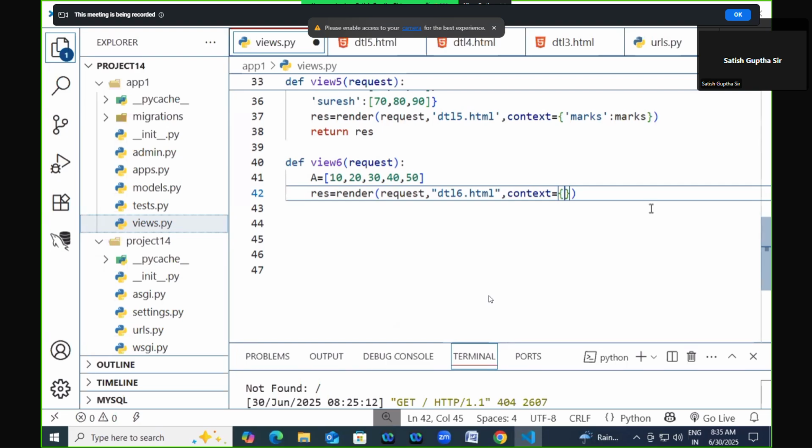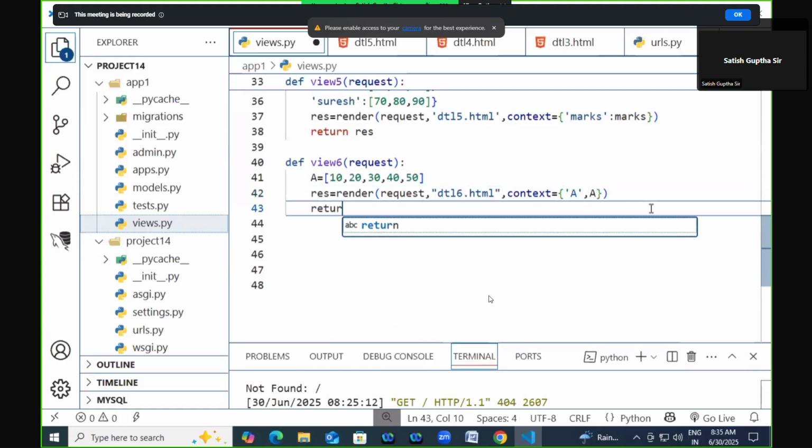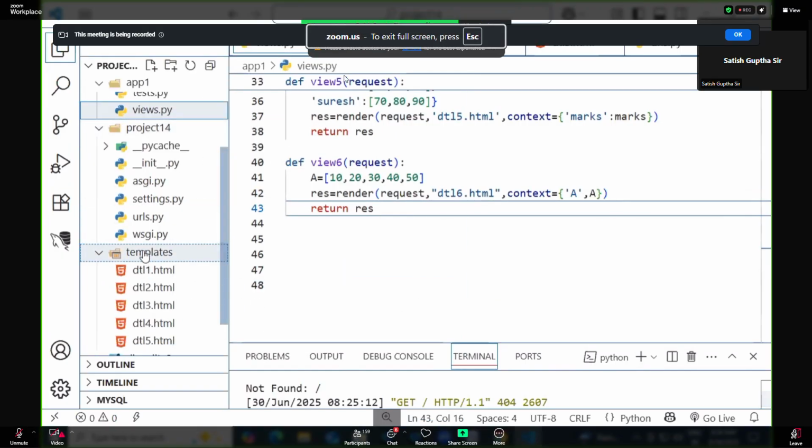I'm defining the context here. What is the context? Context name is a. Context value is a. And return response. Now I'm trying to create one template. So here I'm